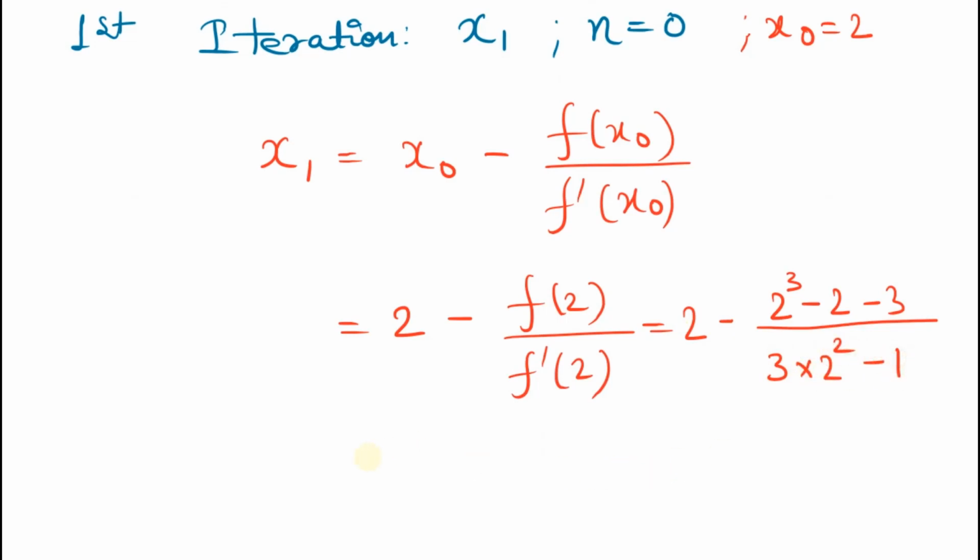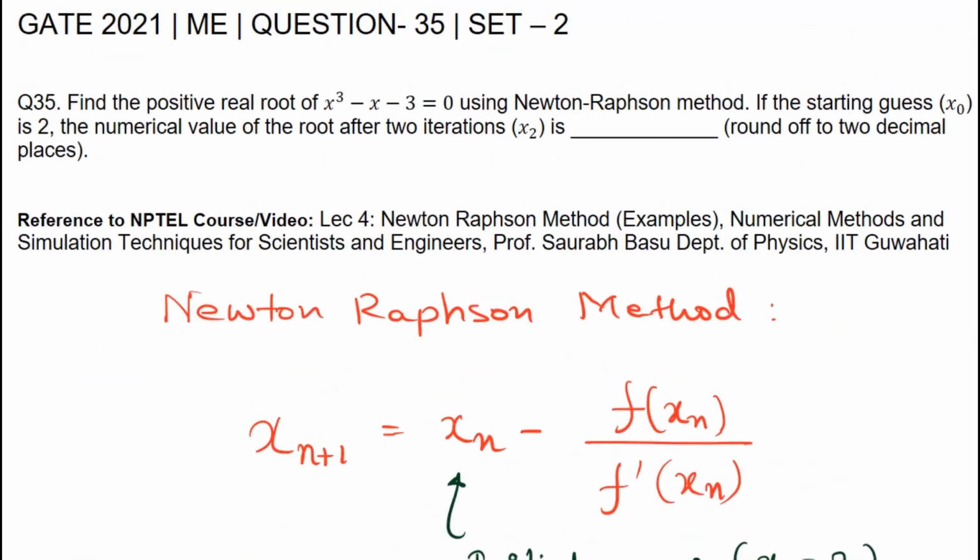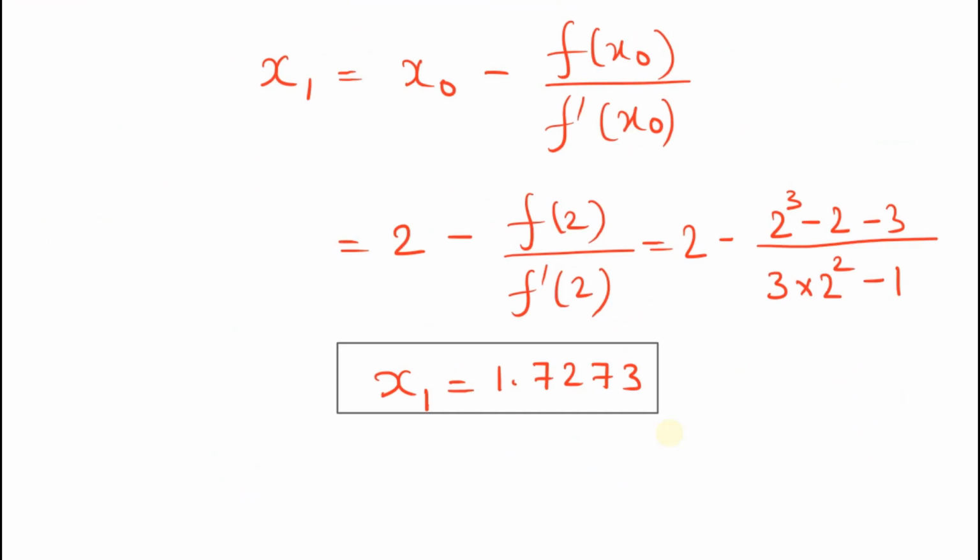From here we get x1 equal to 1.7273. So for the solution of the equation x cube minus x minus 3, the first iteration value of x we are getting here is